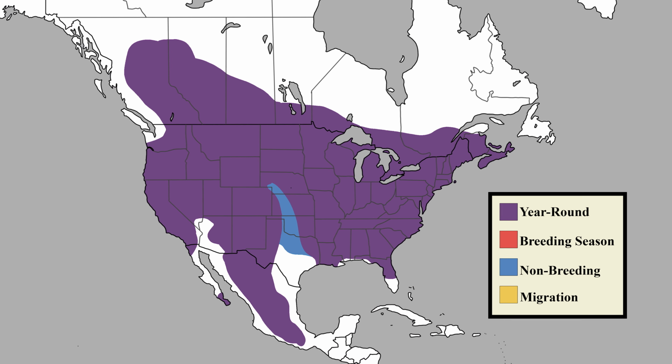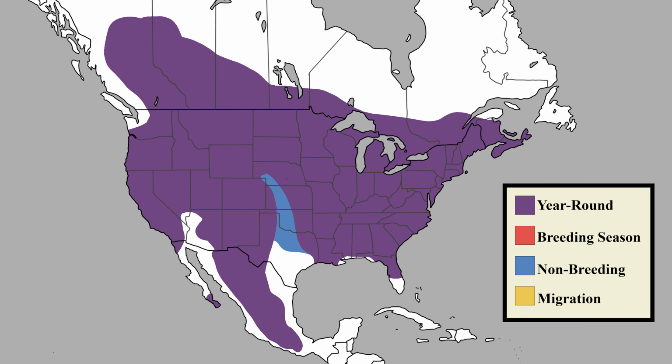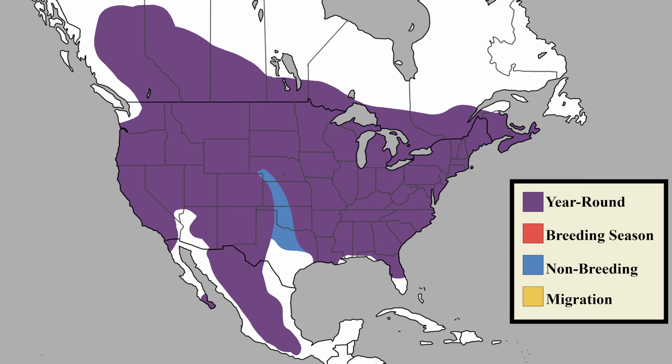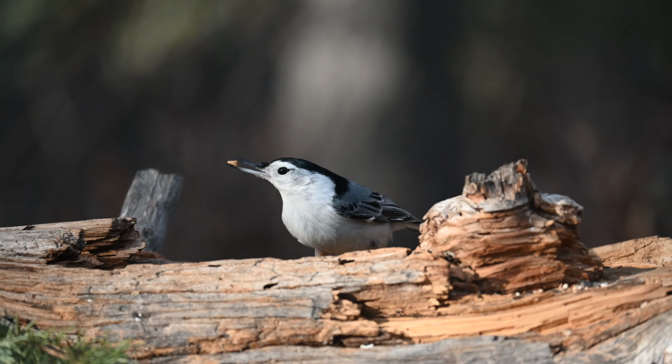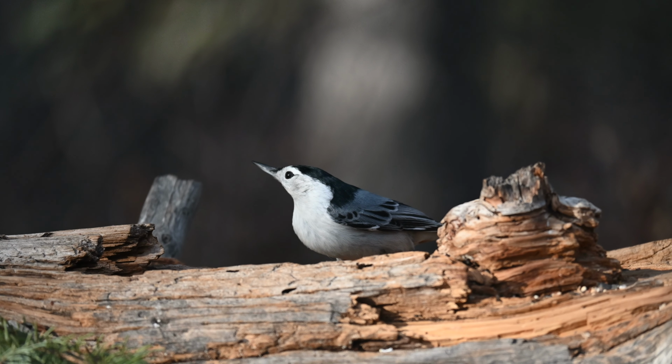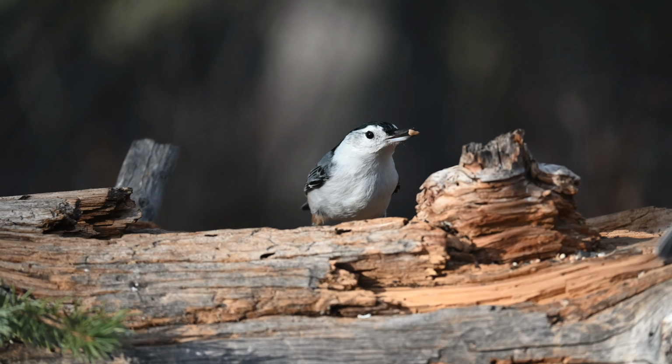White-breasted nuthatches are widespread across North America, ranging throughout Canada and the United States, as seen on this map. These birds are common visitors to bird feeders throughout the winter months, so if you are in their range and want to attract them, put some black oil sunflower seeds or similar seeds out, as these are some of their